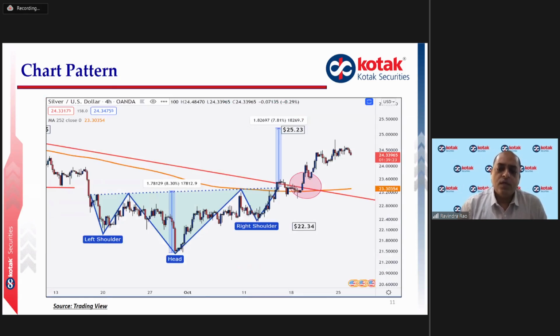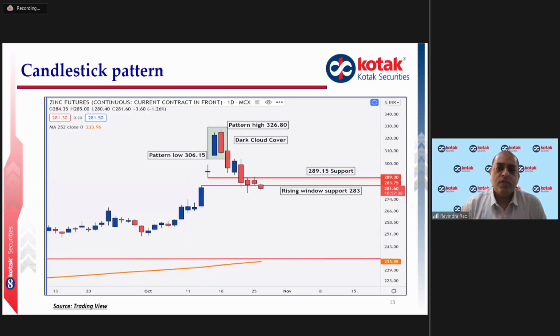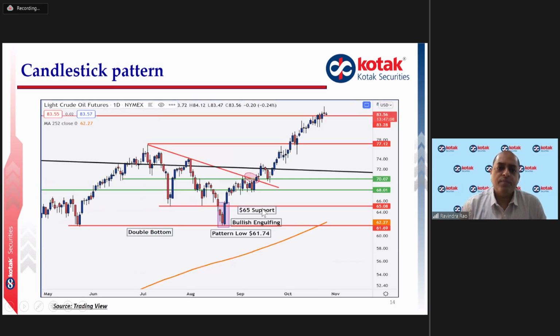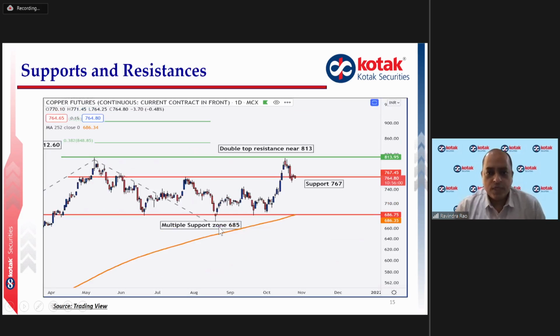So as I mentioned here, in this candlestick pattern, there was a rising window support of 283. So it gives you an indication that here the prices might take support and it might move higher. Here also, if you see, there was a double bottom. So this was the earlier support where the prices made a low and moved higher. The same level it came here, and from here also it moved up. So this has become a double bottom support. So this is how support and resistances also help